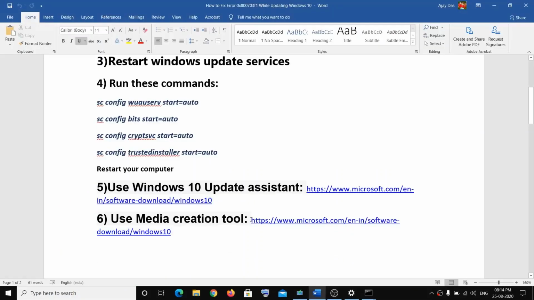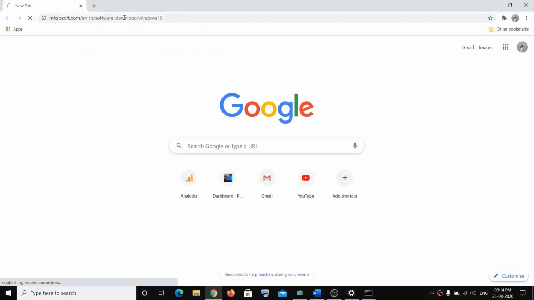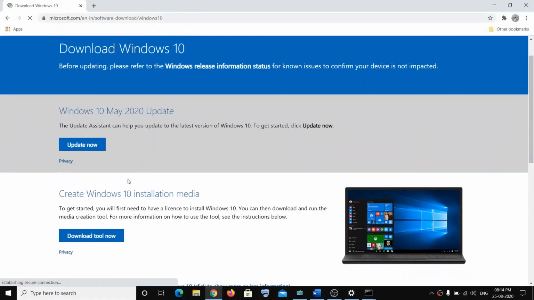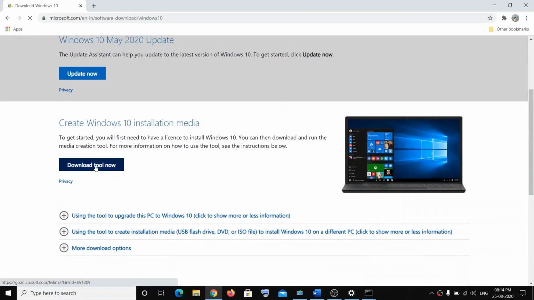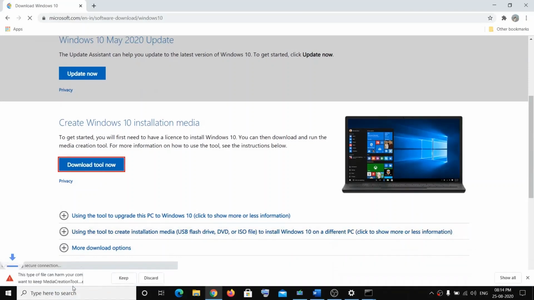If nothing works, then the last step will be to use the same link, media creation tool. So I'm going to show you. This time click on Download tool now and run the exe file. Once you click on that,